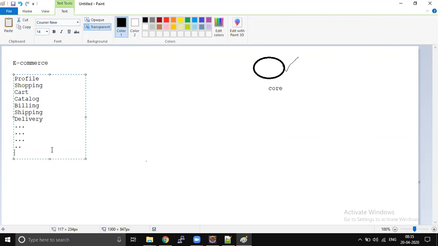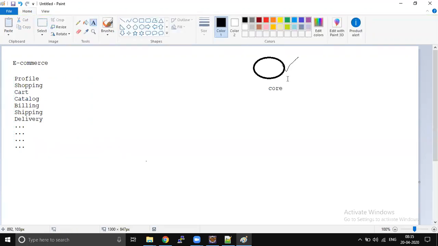Instead of duplicating the code in all the modules, we will create a common module called core. There we will keep the common files and we will add the dependency in all these projects. When I say module, each module is a separate Maven project.